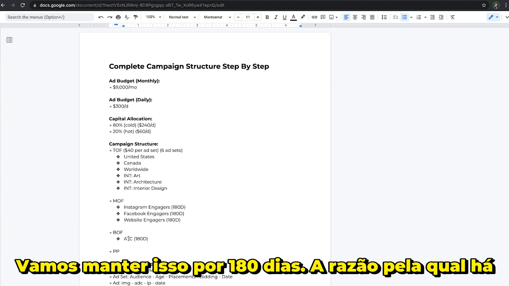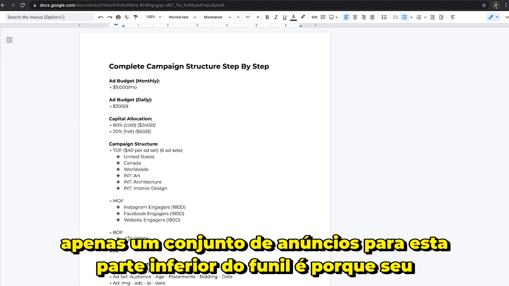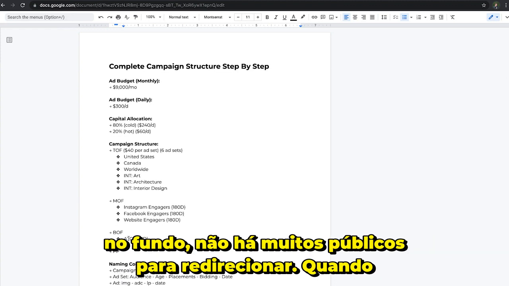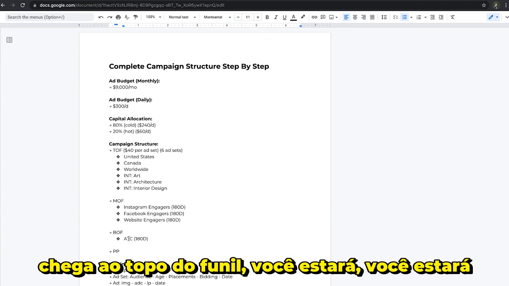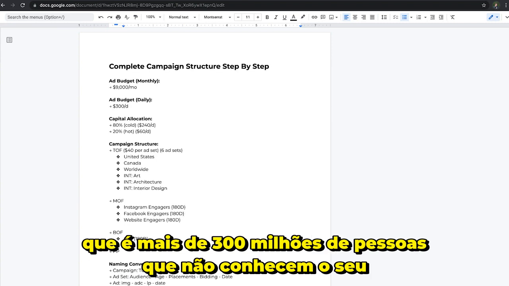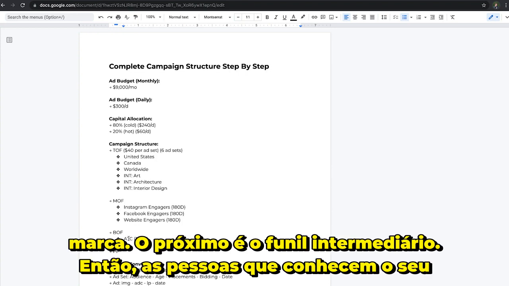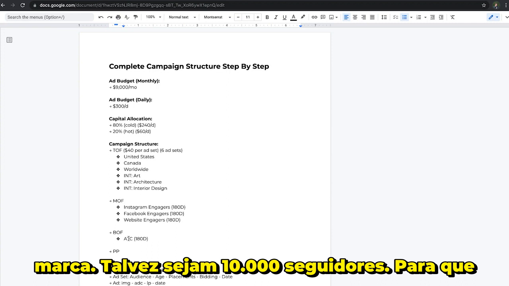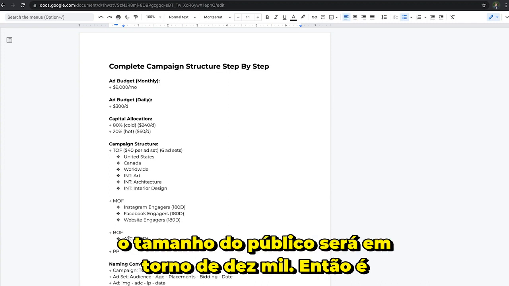The reason why there's only one ad set for this bottom of funnel is because there's not a lot of audiences to retarget. When it comes to your top of funnel, you're going to be targeting broad. Let's say you're targeting the US broad, which is more than 300 million people that don't know your brand. Next is your middle funnel, so people who know your brand. Maybe that's going to be 10,000 followers, so that audience size is going to be around 10,000.